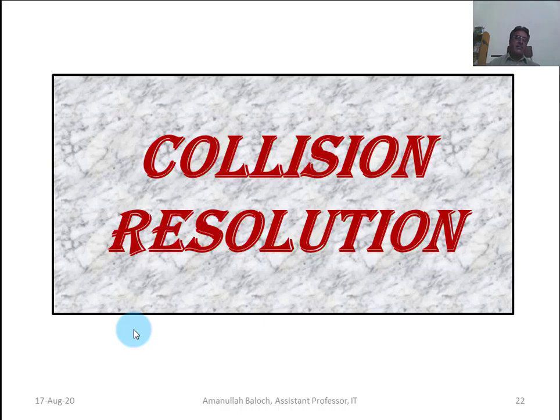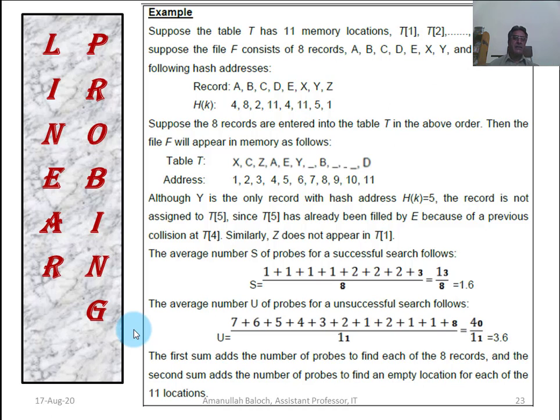This kind of situation we will deal with in linear probing, and like the example of the bus station, such a technique will be adopted in this linear probing or open addressing.